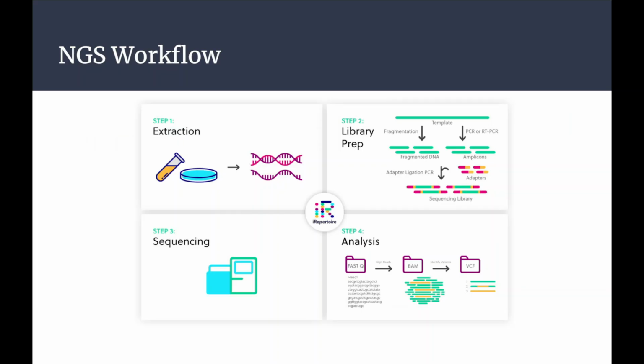Before single cell, I guess you may be aware of the NGS workflow, like where sequencing data and high throughput data is coming from. The entire workflow is divided into four groups. First is the extraction part, which means you have the samples and you are going to isolate your genomics, or you can say your DNA or your RNA. You need to extract that genetic information from the sample, and this depends on the experimental approach or the analysis you're going to do.